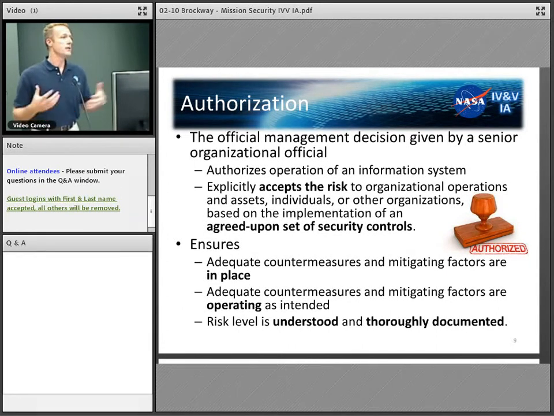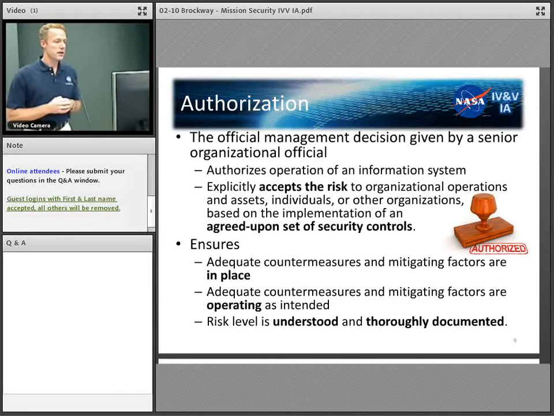Artifact review many times is considered just looking at a snapshot in time of whether particular pieces of information were documented. No, it's actually, does the security control exist? Is it securely configured? Indeed, is it documented? And then is it monitored throughout the life cycle of the system in operation? All of that taken collectively is a measure of the effectiveness of the security control to protect a particular asset.